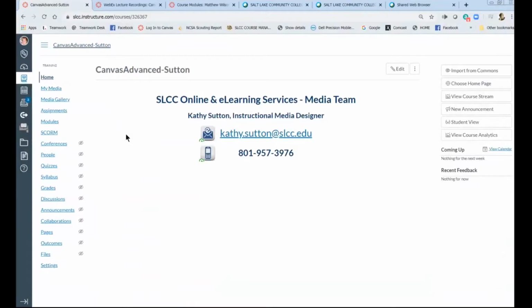So all you need to do is go to the Canvas course where you want to use WebEx, and if it's not over here in your buttons that are able to be seen in the left-hand navigation menu by the students and you, well, you can see them all, but the students can't. You need to go to settings,